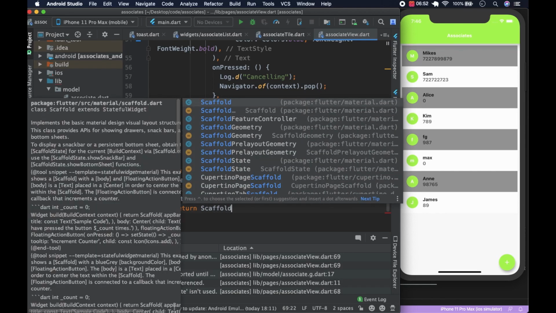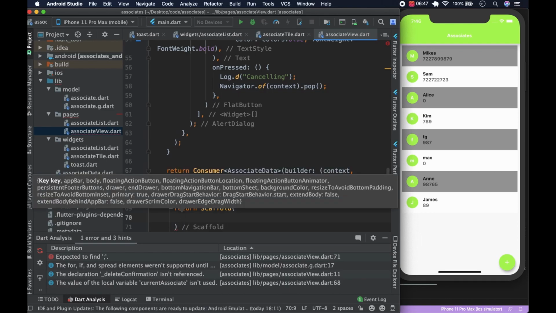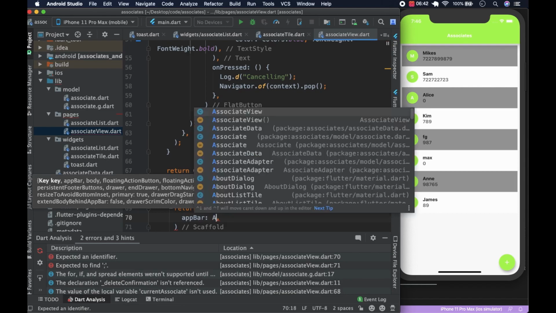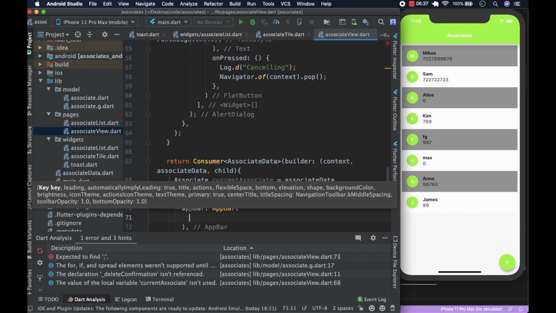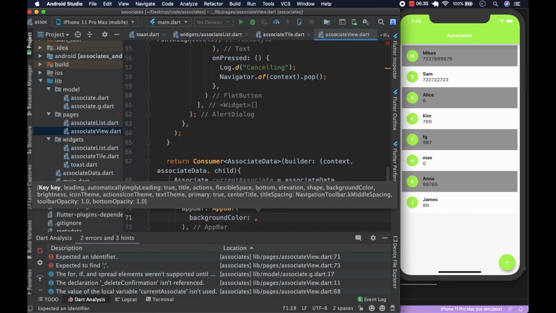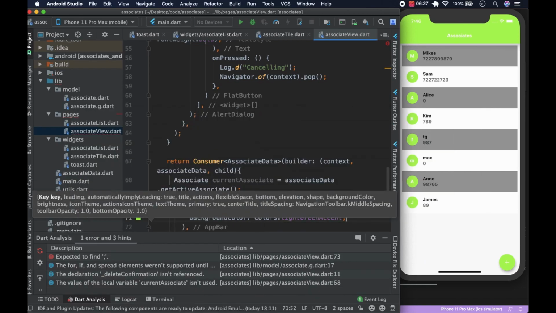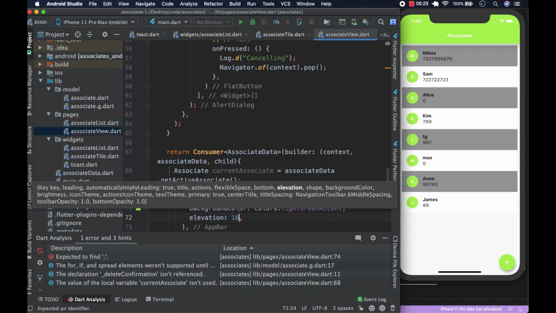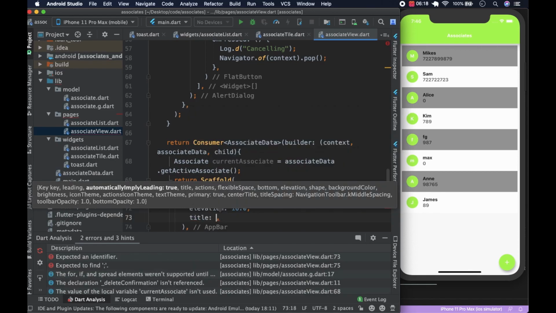And we return here the scaffold like this, and in the scaffold we're going to have the app bar, and the app bar is going to be of type app bar like this. And background color, it's going to be basically what we did in the previous video, which is going to be colors dot light green accent. That's what we agreed upon. We're going to give it some elevation just like the other one, which is going to be about 16.0, like so. And the title is going to be